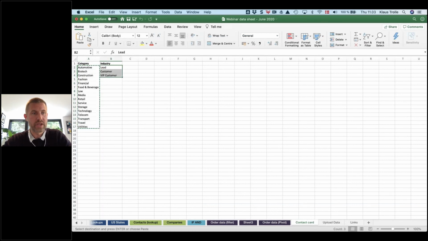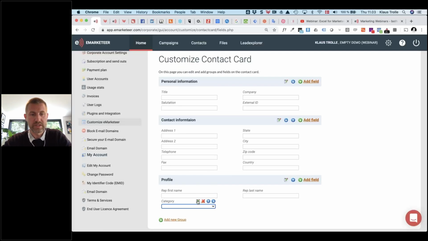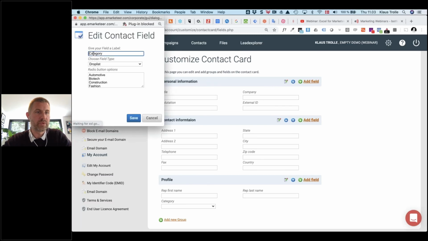I've got industry. Actually, I would like to rename this one. I can see that, so this one should be industry. Save. And one more